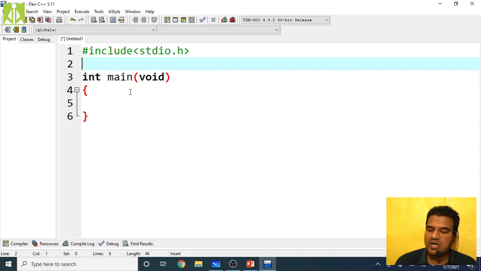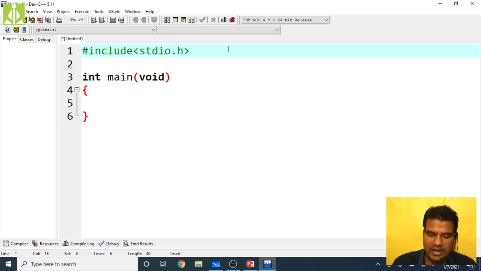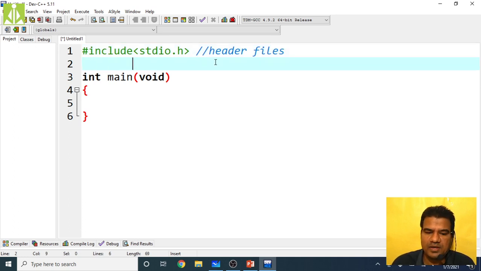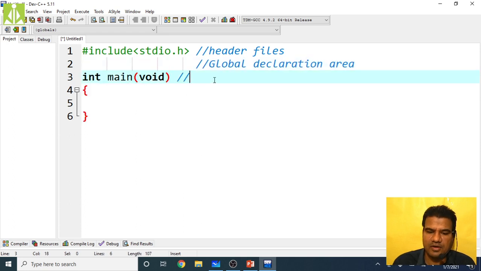Simply remember, this portion we call the header files. Here we include all our header files, and this is the global declaration area. If you want to declare something globally, you have to do it over here. And this is your main function. In every program you must include one main function.